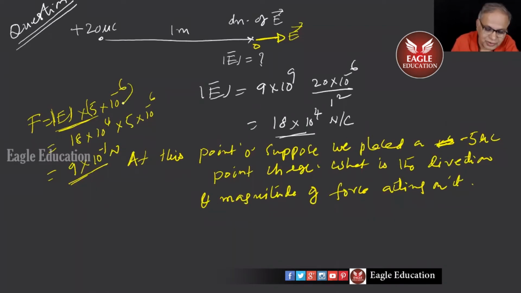Now, the direction of force will be which way? Towards it. I don't want you to go back to that attractive force and all that now. I want you to understand this force as electric field strength into the test charge, and the direction of force on a minus charge will be opposite to the direction of field. This is what I want you to catch. The modeling is this.